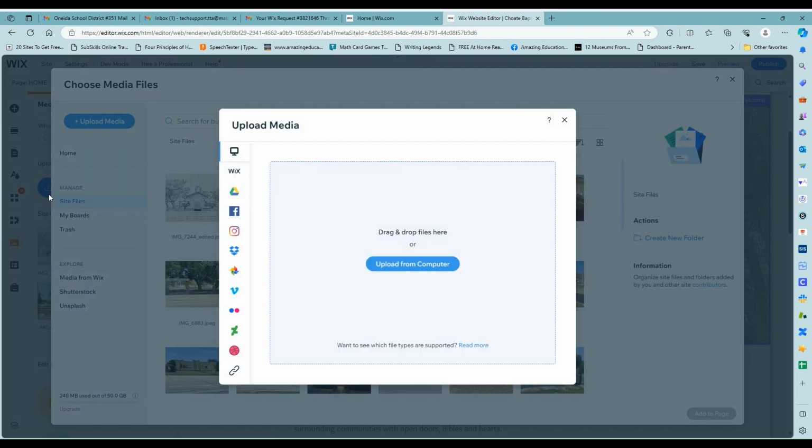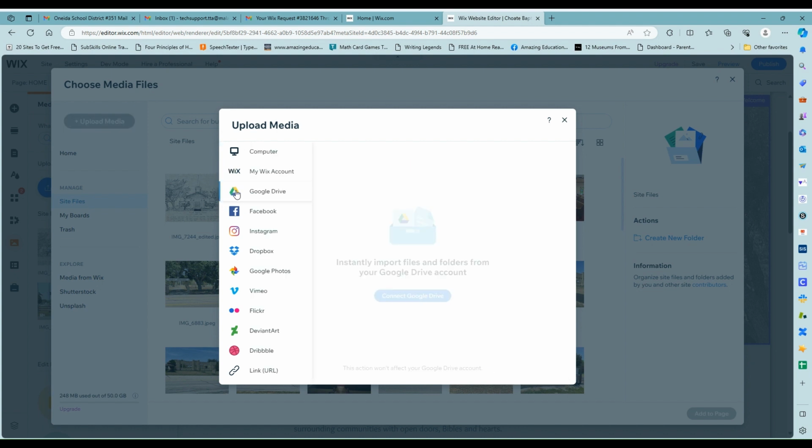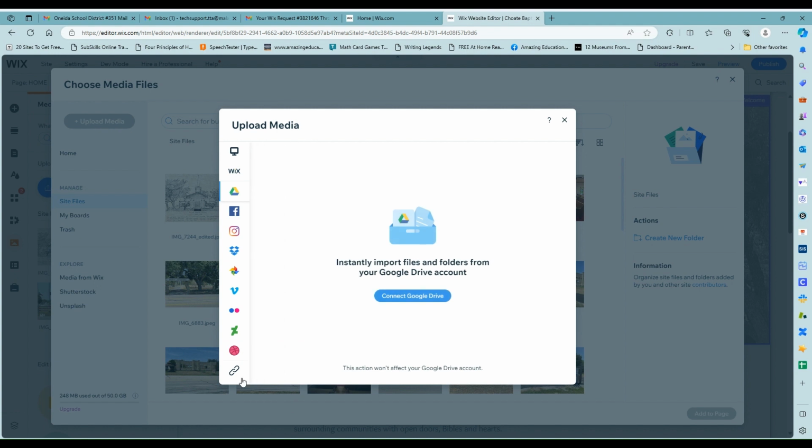So let me show you what's going to pop up. So if you're trying to add images from your computer or any of that. Also, if you have that Wix owner app, you can upload photos from there to these media files. So that's a really cool thing because a lot of people take pictures on their phones. So that's a suggestion if you ever want to add the Wix owner app onto your phone, you will be able to upload photos automatically to your media files, and then you can add them to your website at a different time. But you can link your Google Drive, any of these URLs,